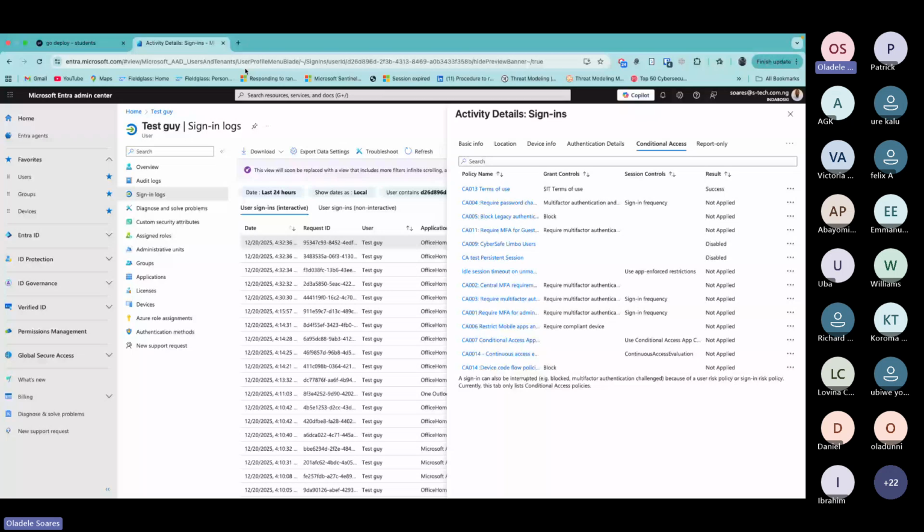On the flip side as well, we might say, you know what, to cut the long story short, we don't want unmanaged devices. Anybody accessing our resources must be authenticating from our device. However, we've seen threat actors doing what we call token replay, an advanced criminal attack, where they steal your token and all this nice stuff. We can enforce stuff like token